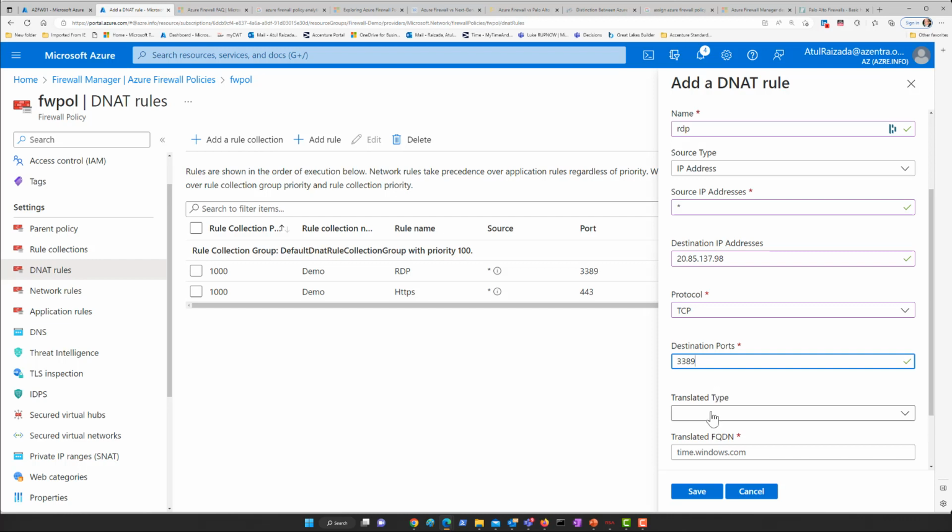3389. Translated type is IP address or FQDN. Now, if you have the FQDN, that FQDN should be resolvable by this firewall. If you cannot, then you probably want to configure your DNS or DNS proxy here, which we can discuss. But to simplify here, the IP address and where it is going to go, I'm going to send it to